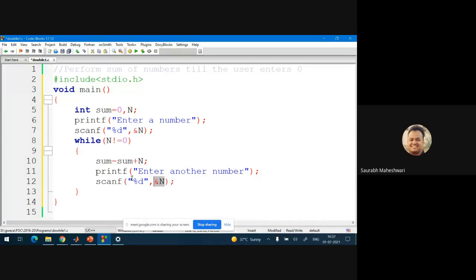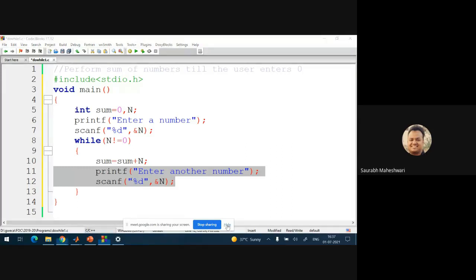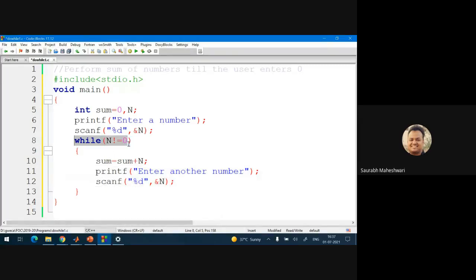This new number will be checked at the beginning of the loop, and if it is not 0, it will again perform the summation and then ask for another new number. In this way, this loop may run infinitely till you get 0.